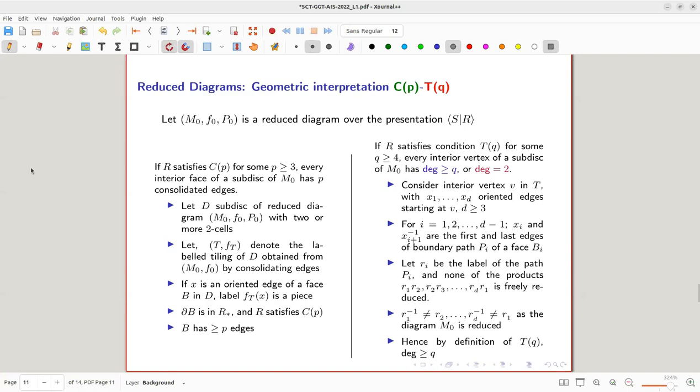So we already started with R satisfying C(p) condition. So that means delta B is a concatenation of at least p sides, p consolidated edges. That means the diagram looks like that. And what about the other condition, T(q)? Then